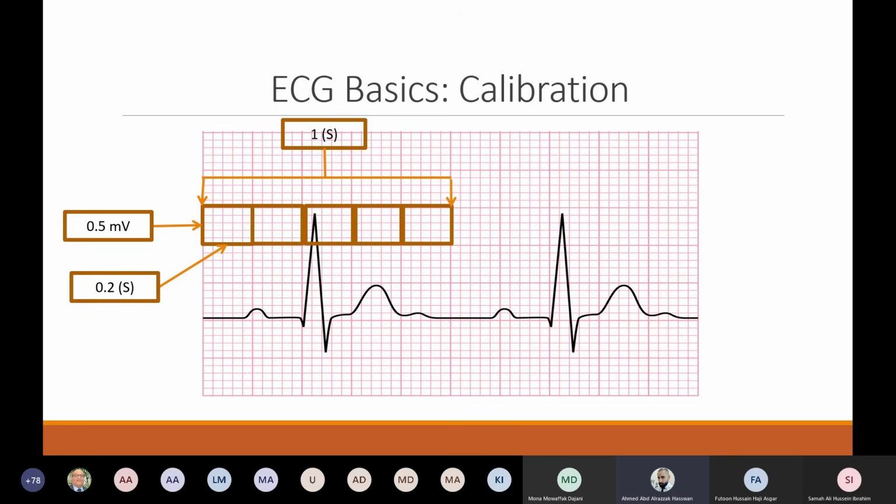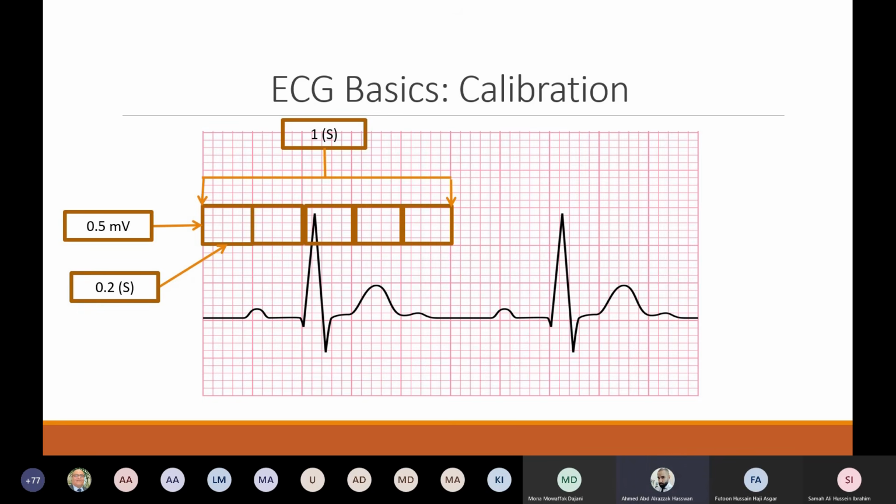And the vertical part represents the voltage. This is what we're measuring: the electrical differences, which tell us the voltage of the heart. Okay, so forget about the voltage now. I want to focus on the time. Each 5 big squares represent 1 second, and in a minute I will tell you why this is important. So please be aware that this calibration is very important to understand. One big box is 0.2 seconds, so that makes 5 big boxes